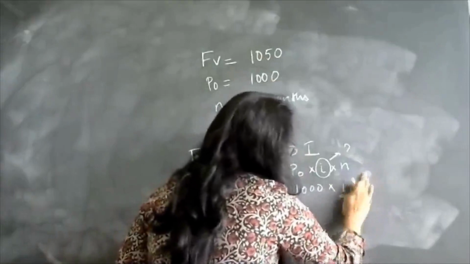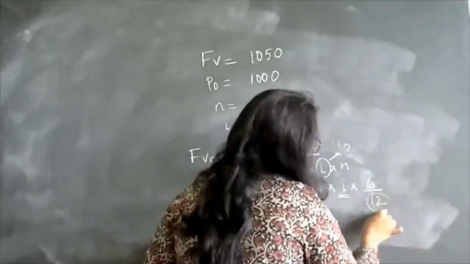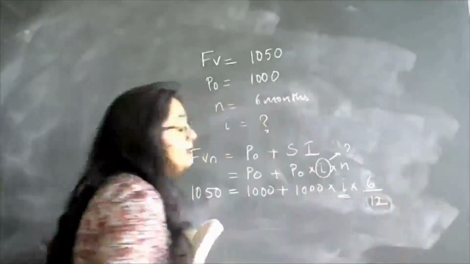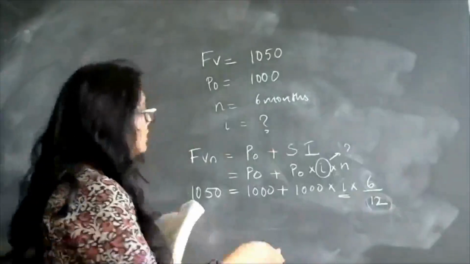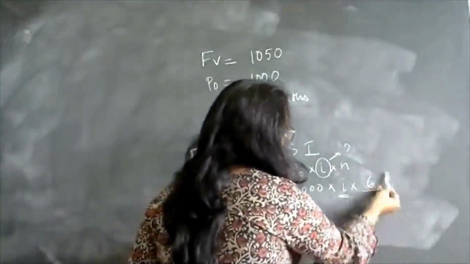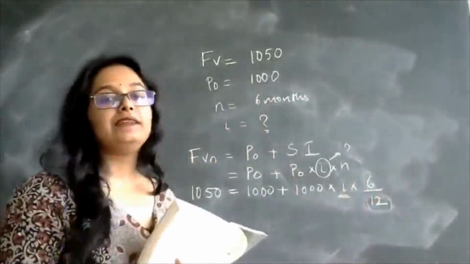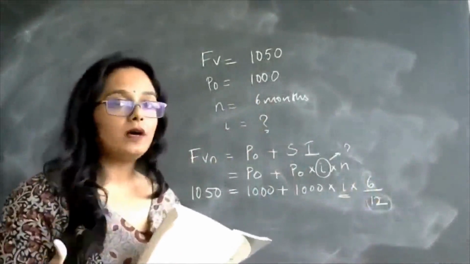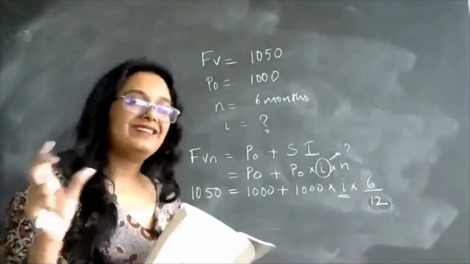Now this is in months. So in order to convert it into a year, we'll have to divide it by 12, because there are 12 months in a year. In a way, conversion becomes dividing by the number of months which are there in a year. Okay. So 6 divided by 12. Why have we divided by 12? Because we are trying to determine the value annually. And it is given as 6 months. So 6 divided by 12 is equal to how much? Half a year. We are just converting those 6 months into a year term.